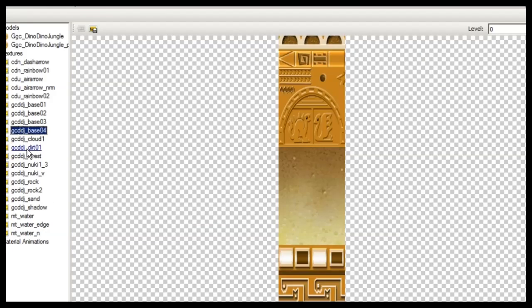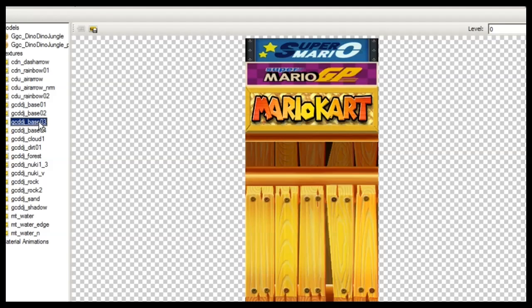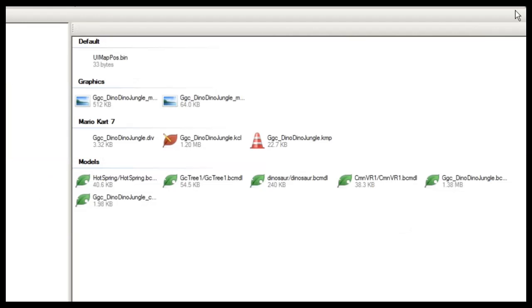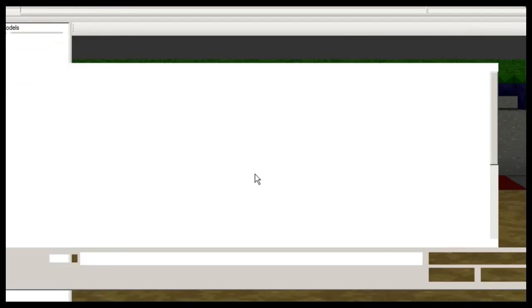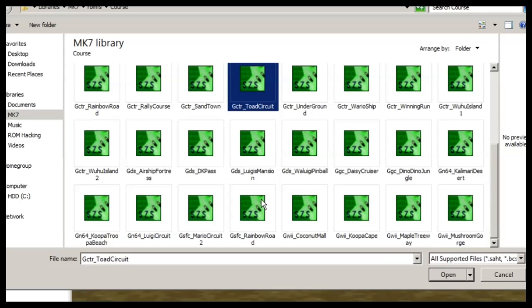So I think I saw something up here. We could use this, but I don't think that would look good. So let's close out of Dino Jungle. That doesn't look like it would be anything important or useful. So let's try